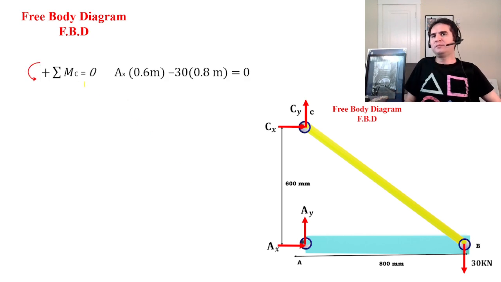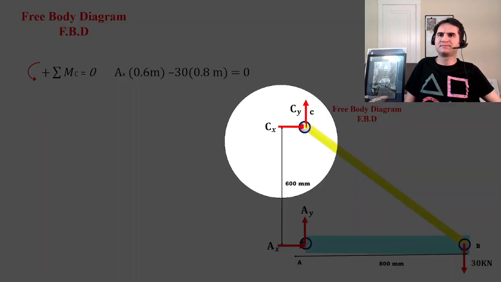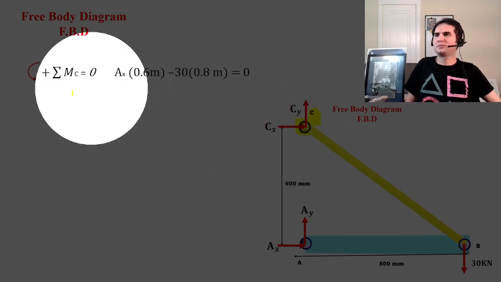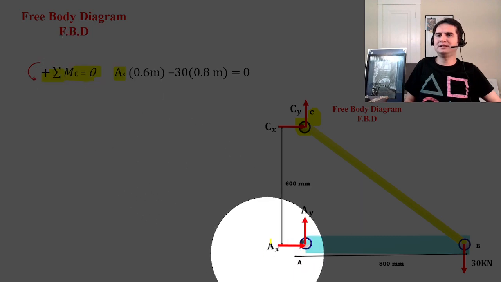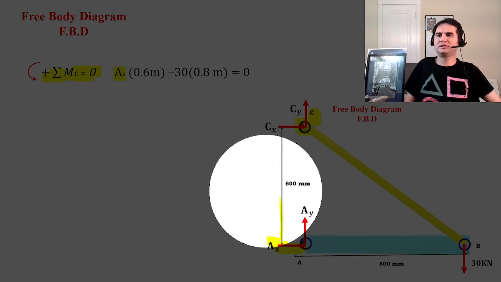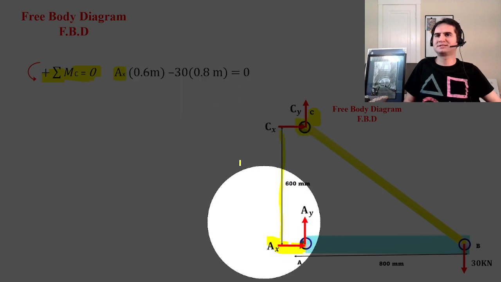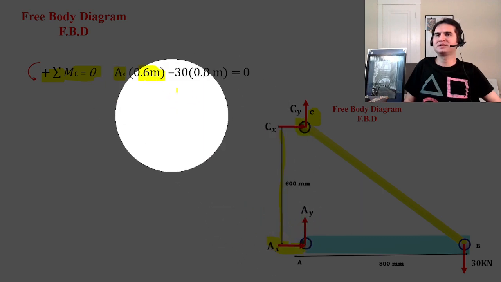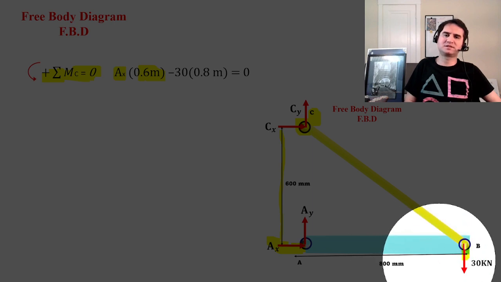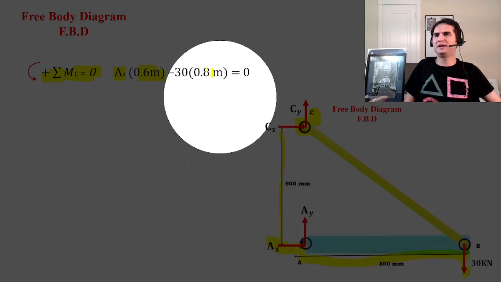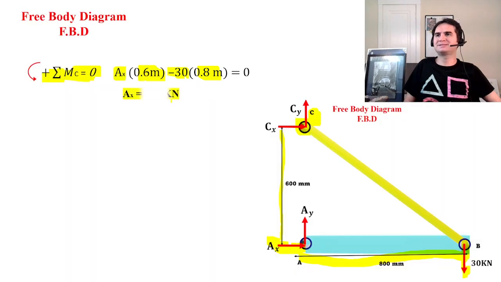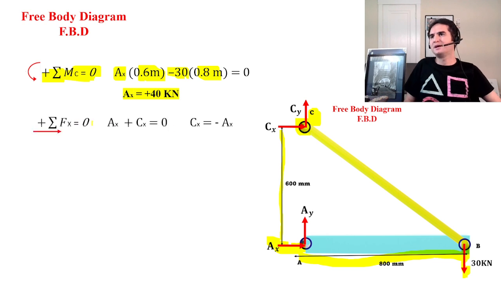If we develop a moment about point C, the summation of moments about point C goes to 0. It gives us Ax times the vertical distance from point C, which is 600 millimeters or 0.6 meters, minus the other force, the concentrated load of 30K, at a horizontal distance to C of 800 millimeters or 0.8 meters. If you do the math, Ax is a tensile force of 40K, and